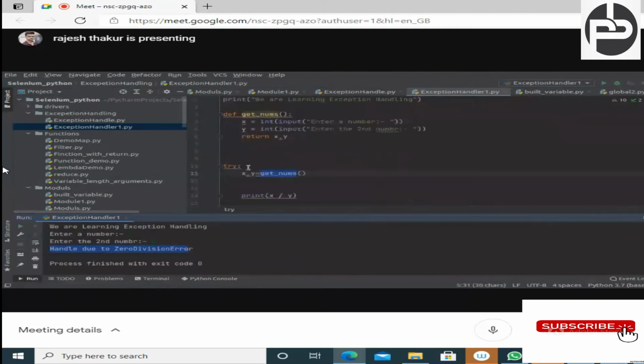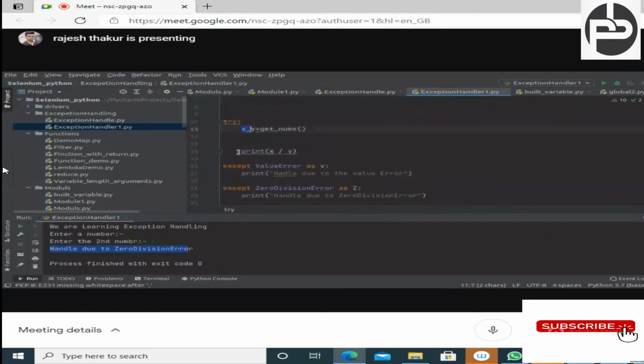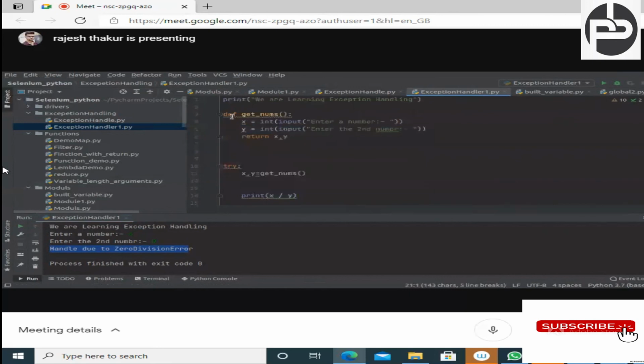See, here we are getting output from another function, right? In real time also we used to do the same thing, right? So this is also possible. Actually the calculation we are doing in this block here only, so here only we are doing the exception handling. We are not dividing the numbers in this method, right? If you handle the exception here, then there is no use at all, right? Okay, now understandable, right?